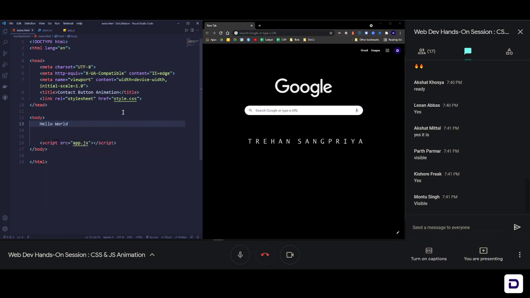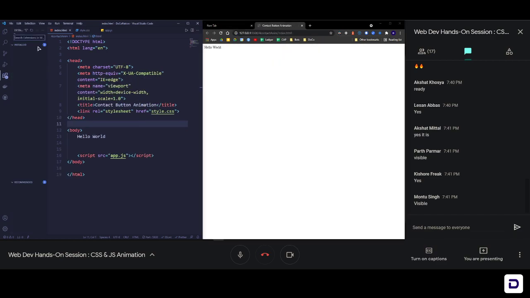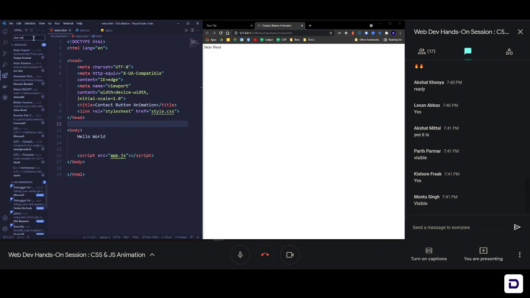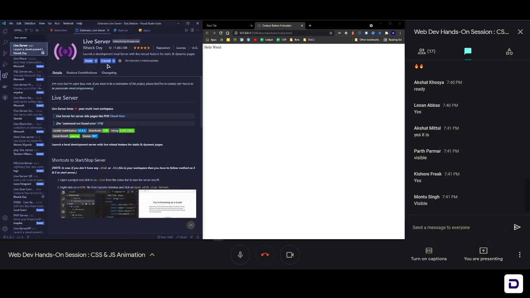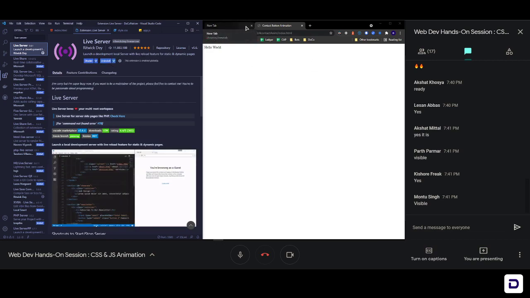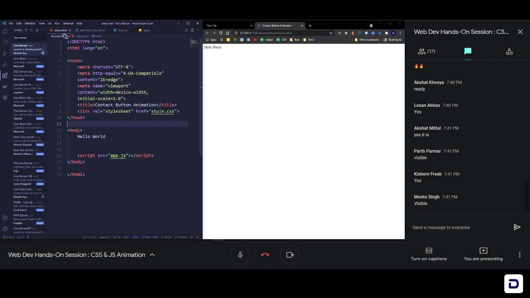I'm using a plugin known as Live Server. You can go inside the extensions tab in VS Code and search for Live Server, and all it does is remove the need of refreshing your browser every time you make a change. By default, if you open this file, it's going to look like this. If you make a change here, let's say you write hello Doko Nation, and you save it, you see that nothing is happening.